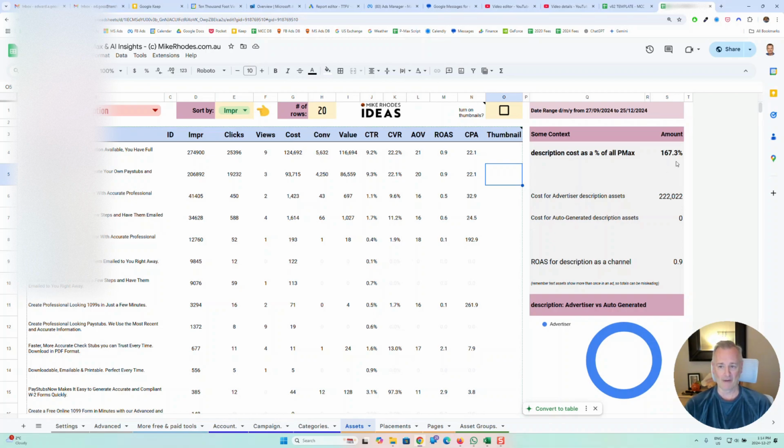Maybe somebody can comment if I'm misunderstanding that. And then cost for advertiser description assets, $223,000, which is just the sum of all these, I guess. And then ROAS for description is a channel 0.9. So some of these are helpful. This, I don't understand how this can be more than 100%, but maybe I'm missing something with the math.